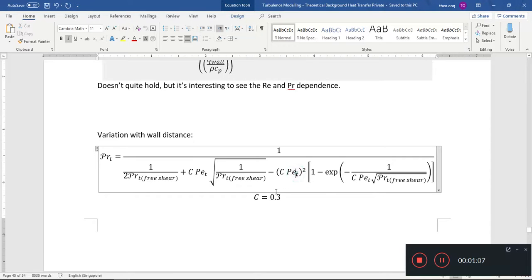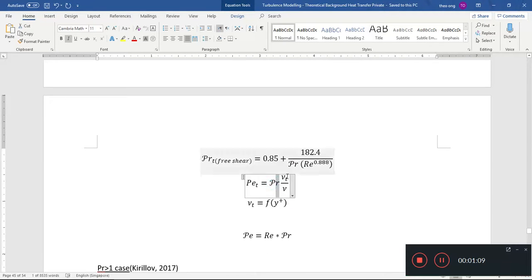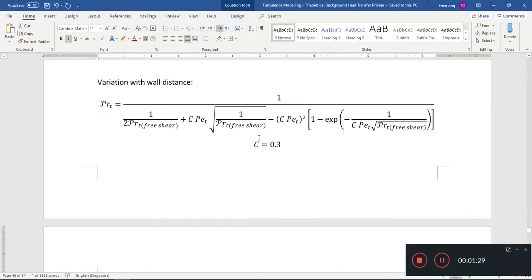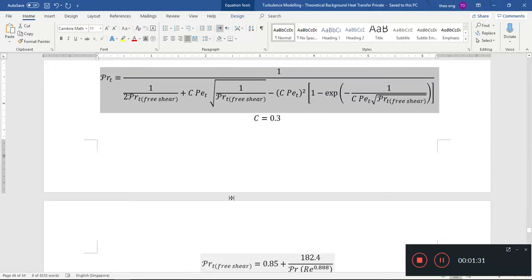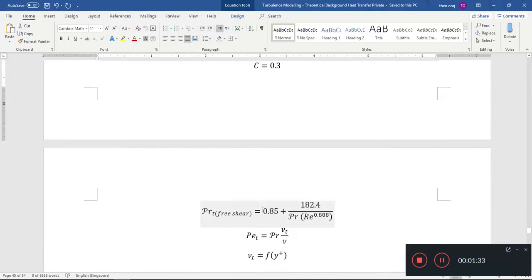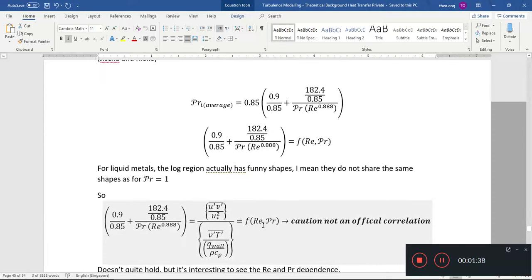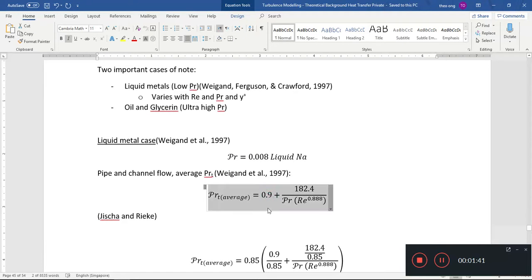This Prandtl number is dependent on the Prandtl number and the viscosity ratio, the ratio of the turbulence viscosity to the molecular viscosity. So turbulence viscosity is in turn dependent on the Reynolds number and also distance from the wall. This is how it varies towards the wall and then away from it. And if you want, again, a representative Prandtl number for liquid metals for your whole thing,